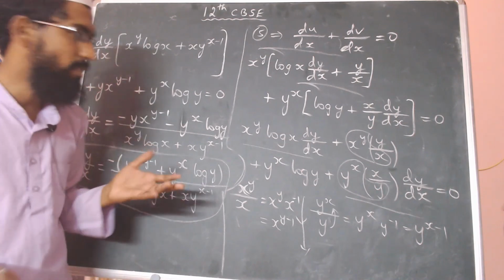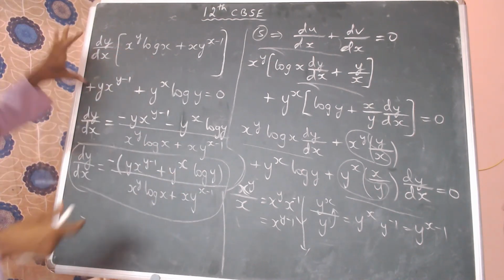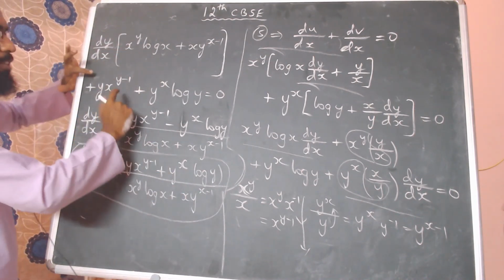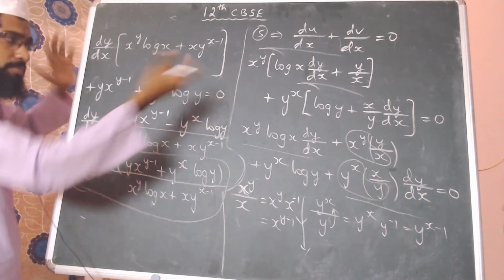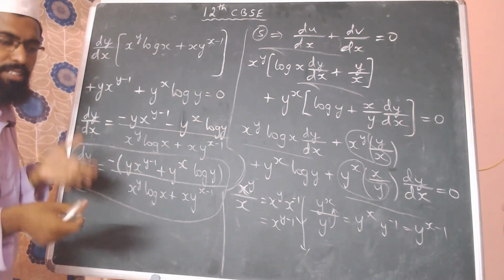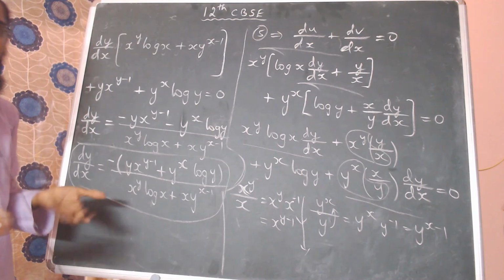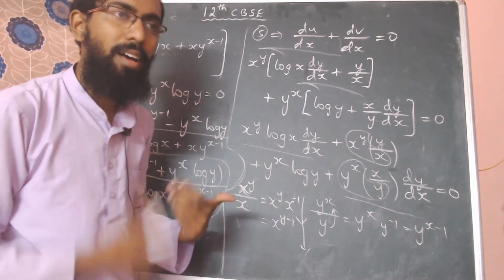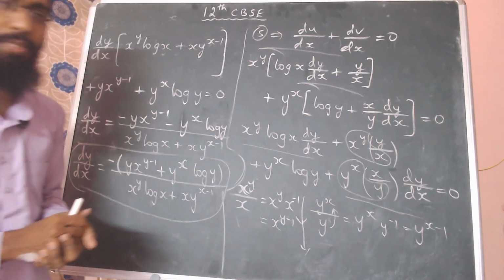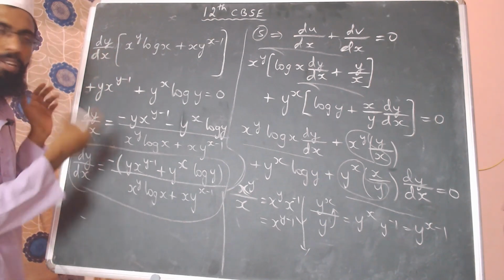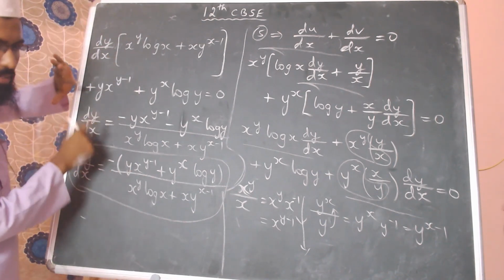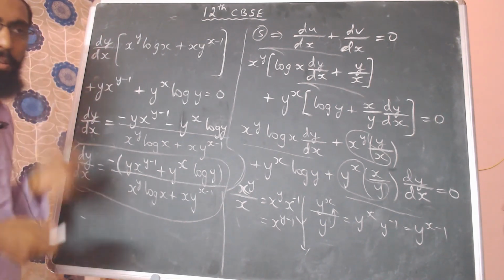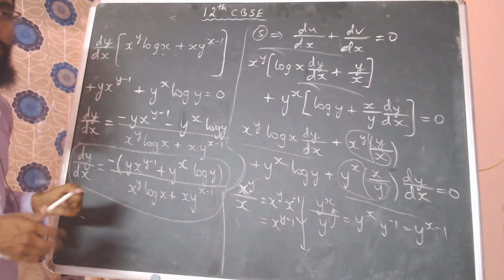Since the sum is too lengthy, we actually have to do it in two steps. We should take this to the right hand side first, then bring this down. Since we can't have more than 30 or 40 minutes for a single video, I just skip this step. If anybody can't understand this particular step, since I skipped one step, please comment in the comment section. I'll try to explain in the next video.